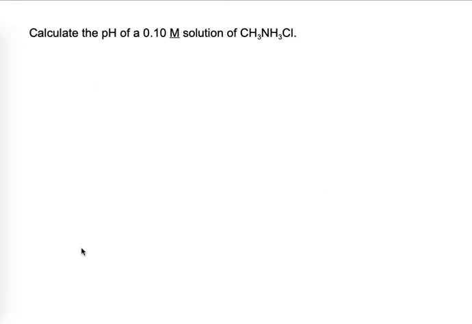Let's do some calculations. I give you a solution of CH3NH3Cl with a concentration of 0.10 molar. We want to know what the pH is. This is what I expect you to be able to do. You should look at that formula, CH3NH3Cl, and recognize, because it's got N, some H's, and Cl, that it must be the chloride salt of an ammonium cation. And I expect you to be able to mentally dissociate this